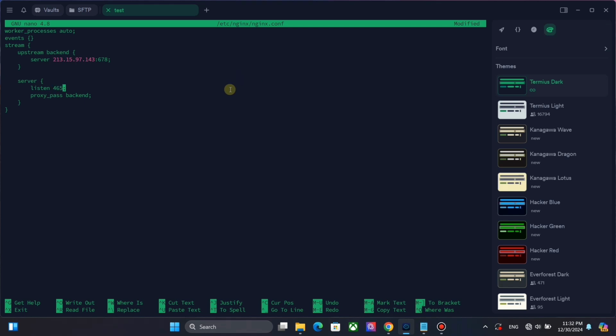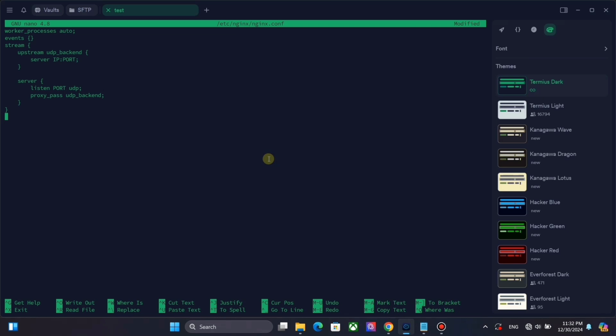This is simple configuration that we need. This configuration sends incoming TCP traffic on port 678 to port 465 on 213.15.97.143 IP address.